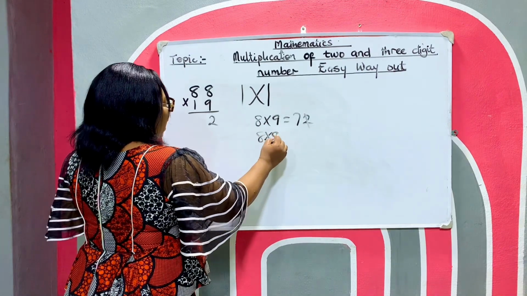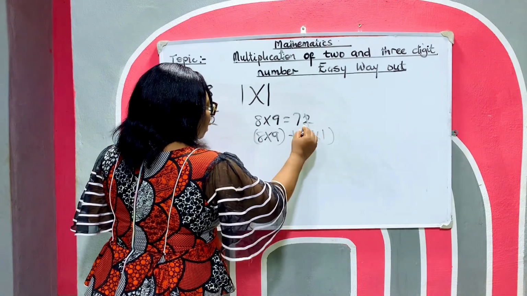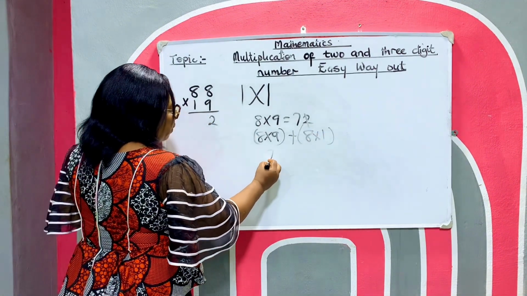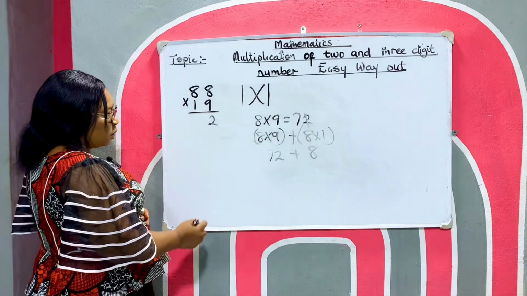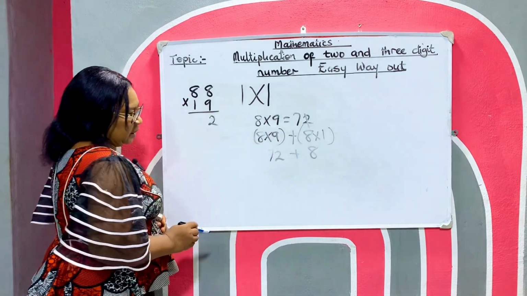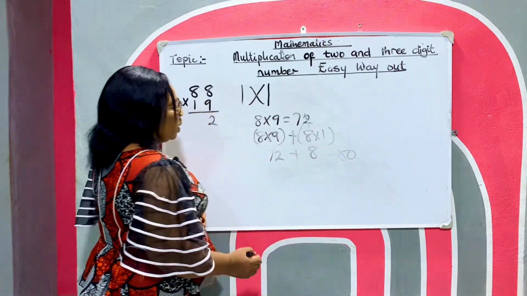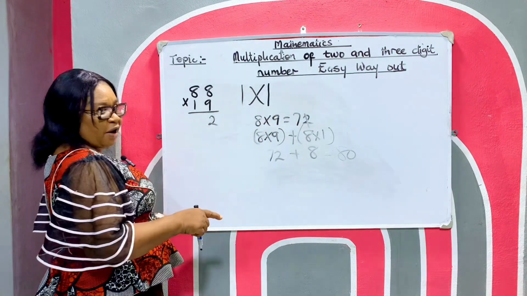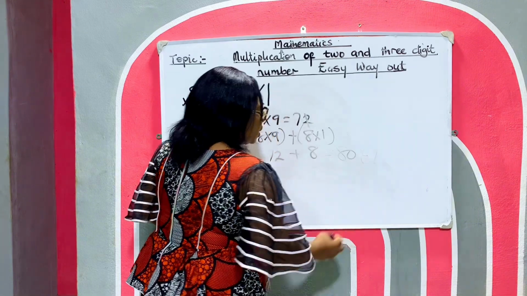And the next one is 8 times 9 plus 8 times 1. 8 times 9 is 72, plus 8 times 1 is 8. So 72 plus 8 will give you 80. This 80 plus the 7 that remained up, plus 7, excuse me,